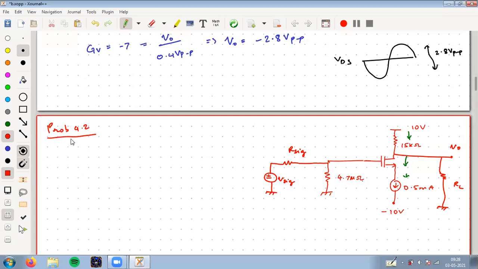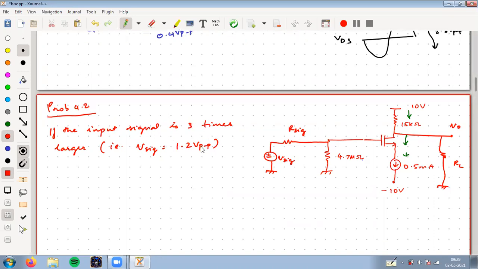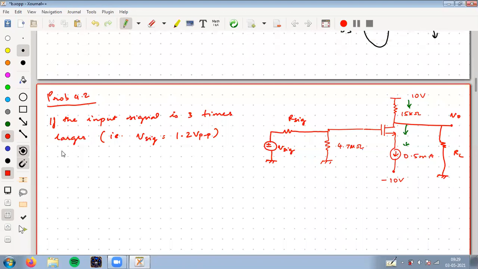It says that if the input signal is now 3 times larger, that is V signal, earlier it was 0.4 volts peak to peak, now it is 1.2 volts peak. Now, what is the value of RS